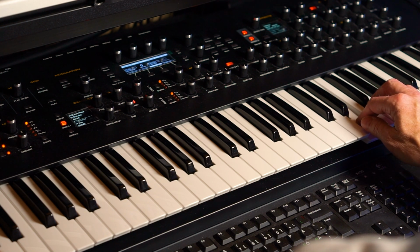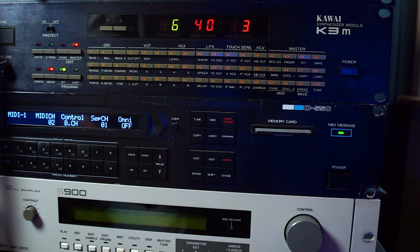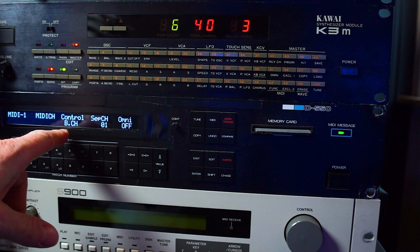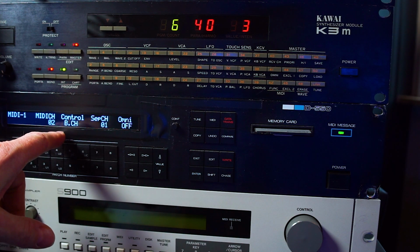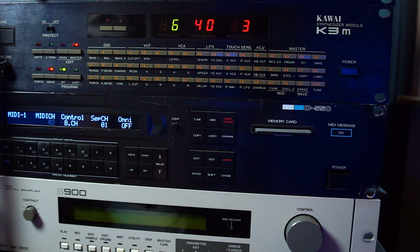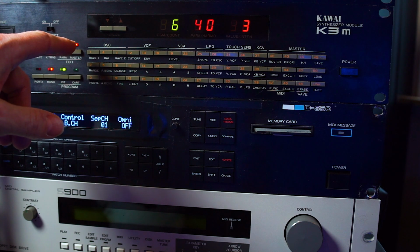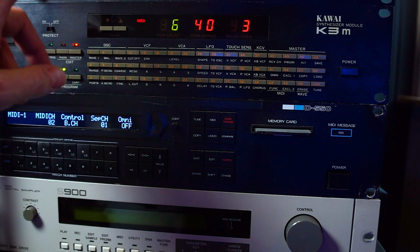I think I prefer the second pass actually from this. Okay, the electric piano came from the Yamaha TX802. No surprise there. The Roland D550 had clear intentions of doing the strings. And the Kawai K3M with its superb low bass